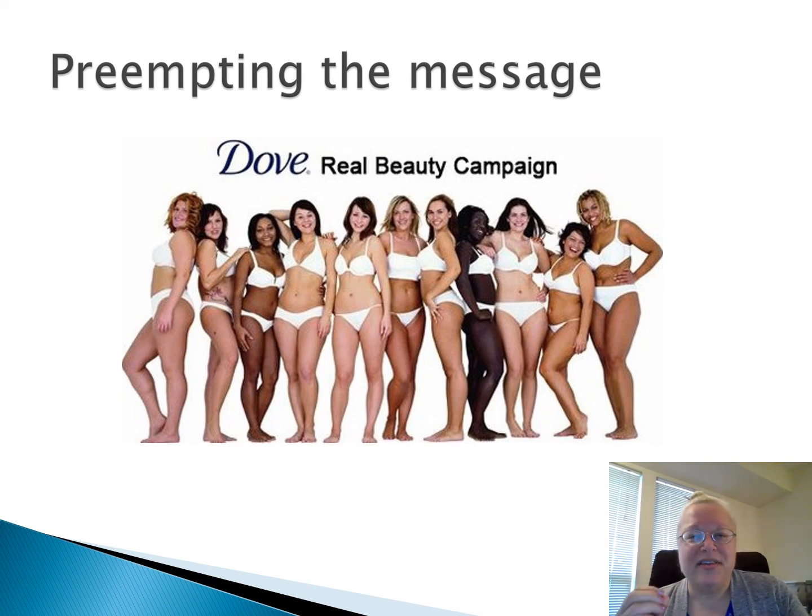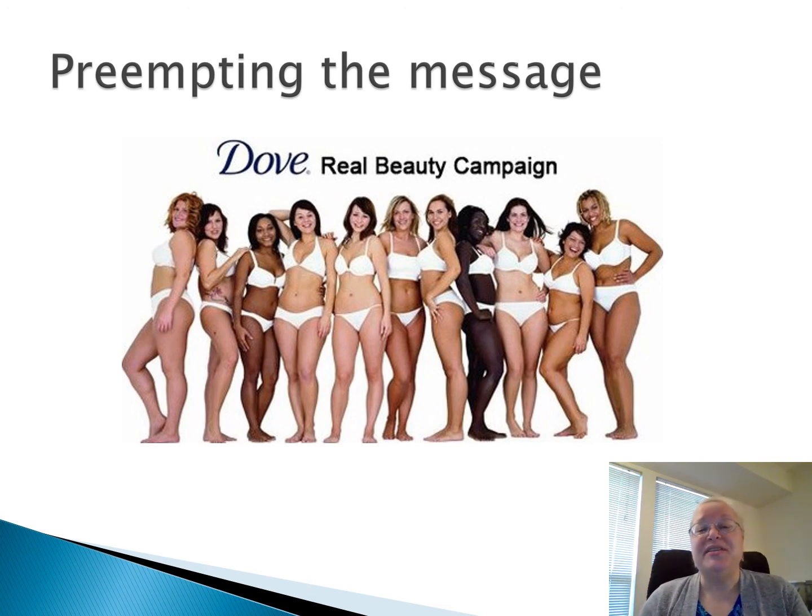Now, if we put our critical scholar hats on here, we realize that not every advertiser goes with the standard cultural message. Some of them go against it, or they preempt the message. One example is the Dove Real Beauty campaign. Dove in this campaign is saying the rest of the world thinks beauty is tall, skinny, white women, but we're going to go against that and try to show beauty in a variety of skin colors and body shapes, and we're going to try to maybe get ahead of the message and drive